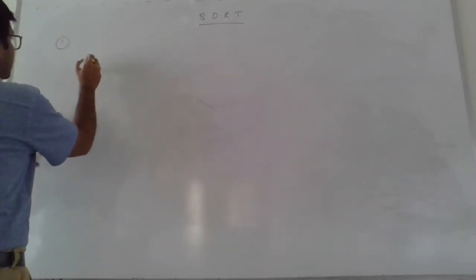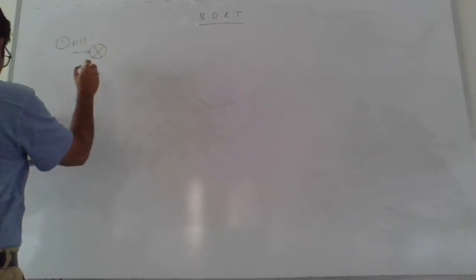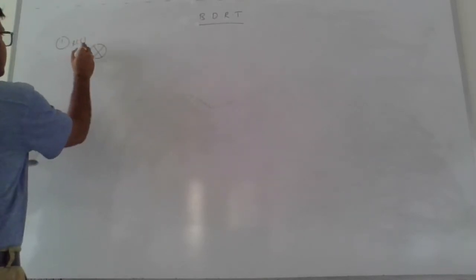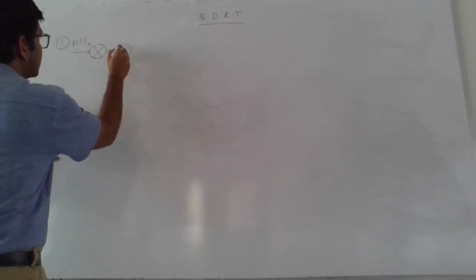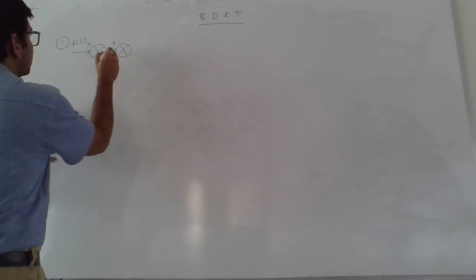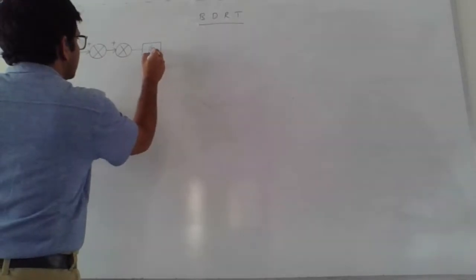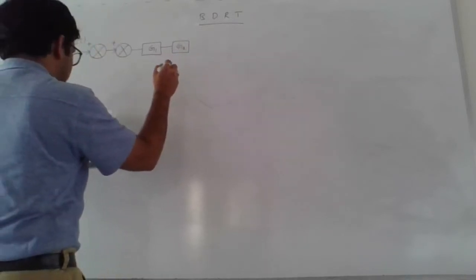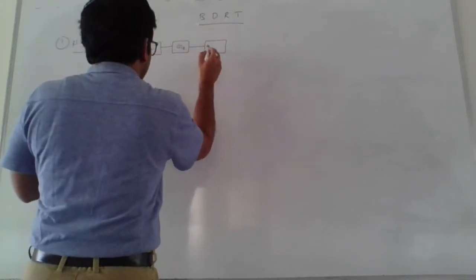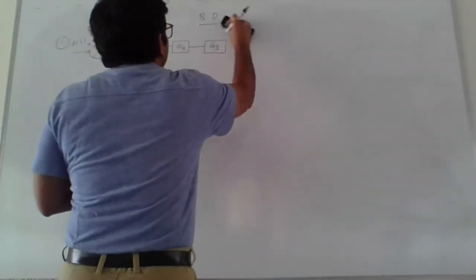So let us consider that the block diagram representation of a system is given to us. This indicates the summing point, and here we are having reference input signal R of s with nature positive. Then we have another summing point like this, and then we have first block gain indicated by symbol G1, then another block gain indicated by symbol G2, and then here we are having some block gains like G3,